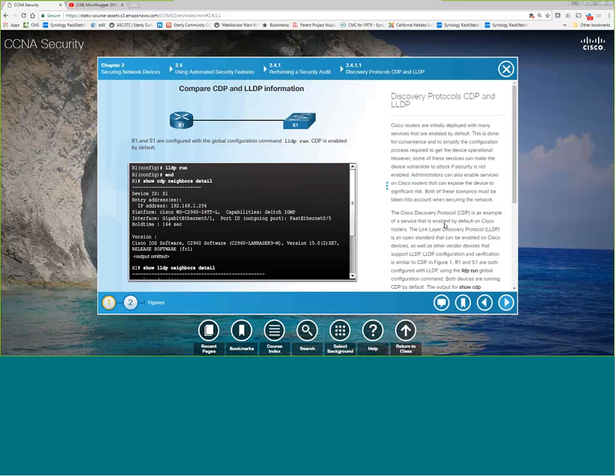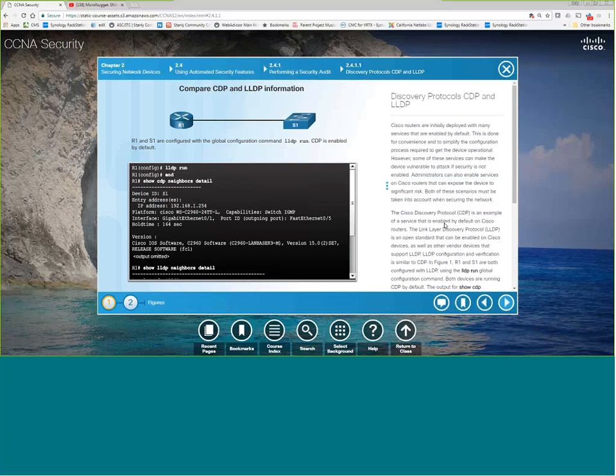Now this is, again, something they've actually put back in the CCNA, but CDP, Cisco Discovery Protocol, and LLDP, Link Layer Discovery Protocol. CDP is a Cisco proprietary Layer 2 protocol. It is used at Layer 2 for two Cisco devices to form a neighbor relationship with one another. It has uses with Cisco's IP phones. There are some Cisco services that require it. It is proprietary, so there are some devices that run